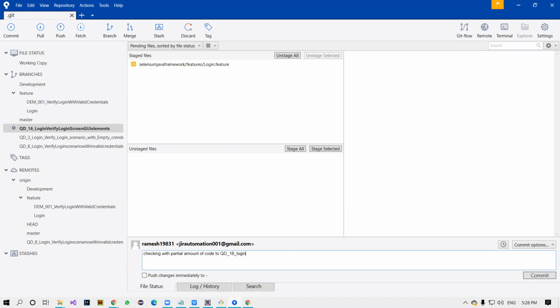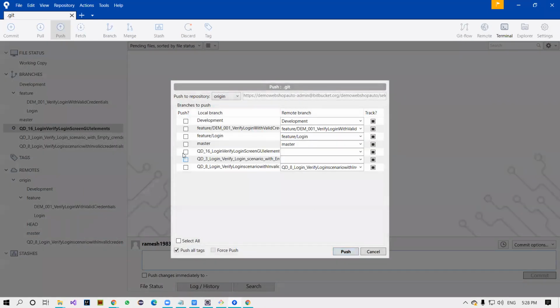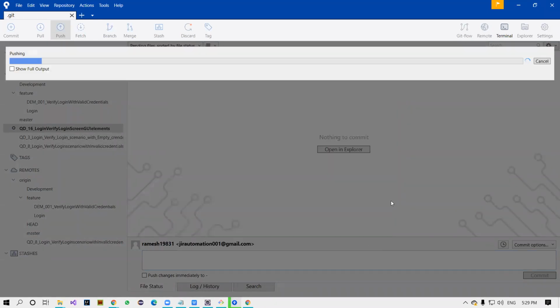You don't need to give anything, I mean, login GUI verification, and commit it and push it. Push your selected branch. Done, right?